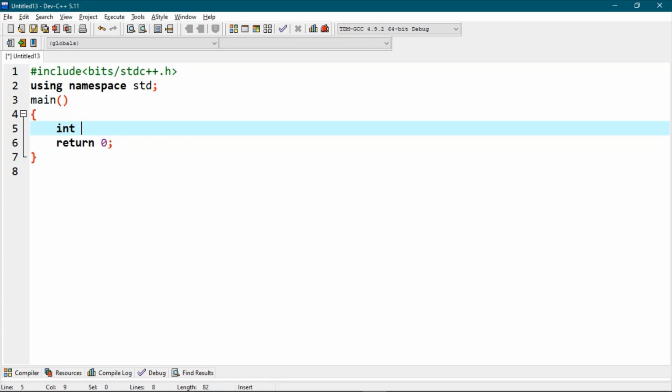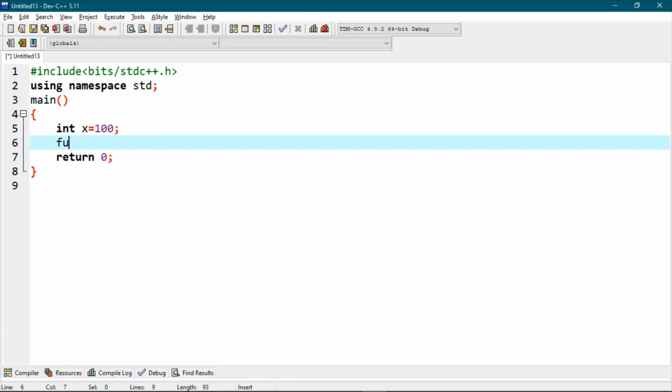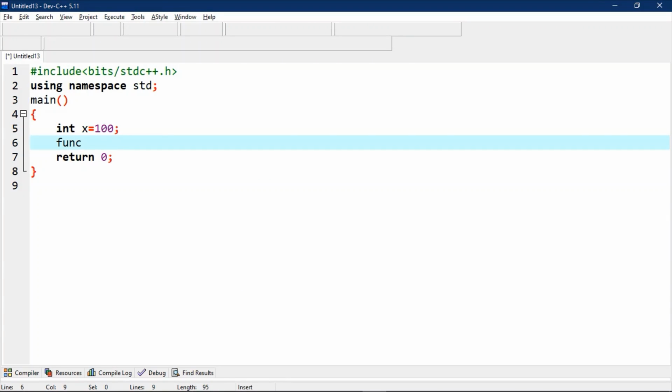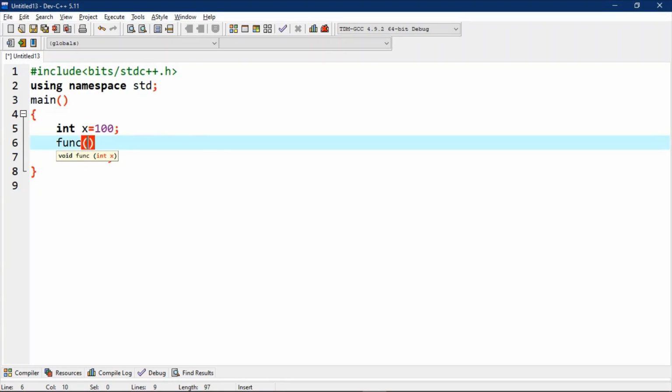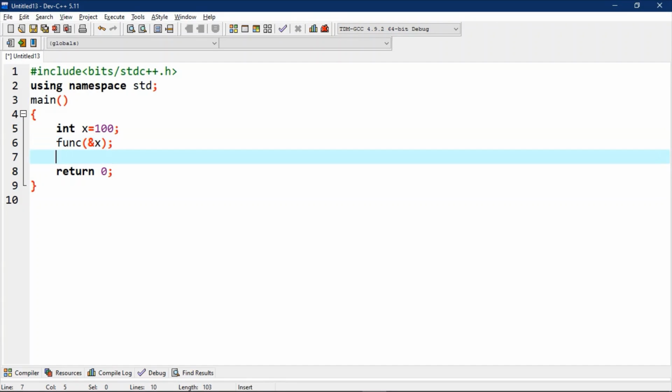First, we will declare a variable int x equals to 100. Next, we will write a function call for function func with argument as address of x. Then we will write a print statement to check if any changes happen due to the function.